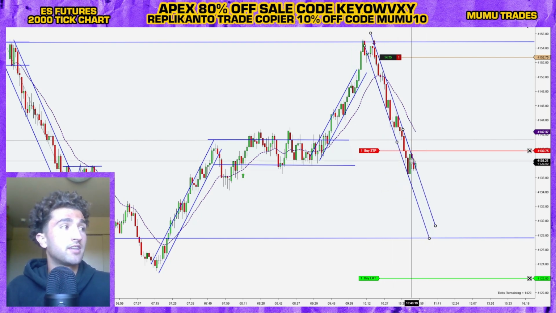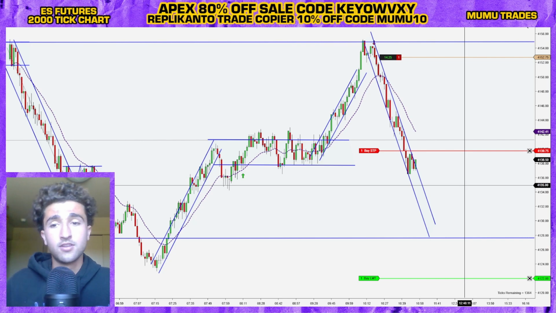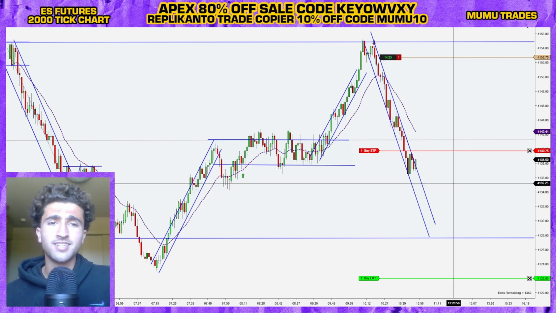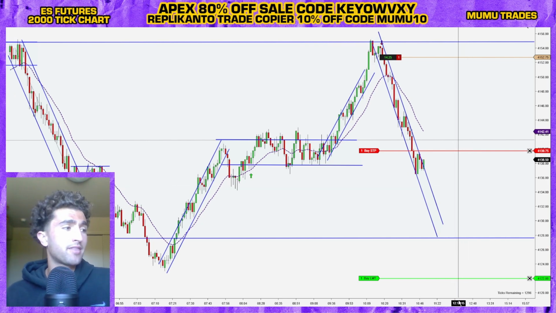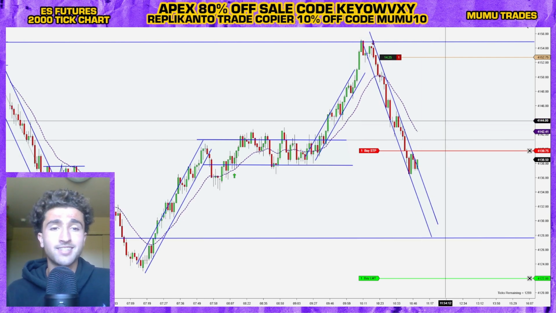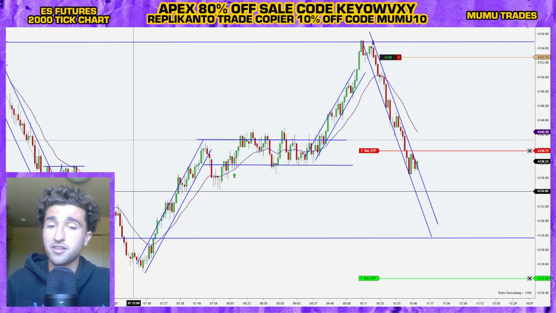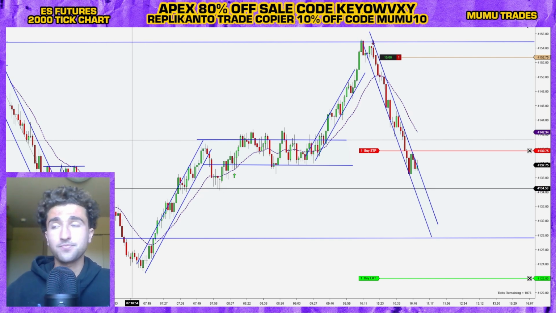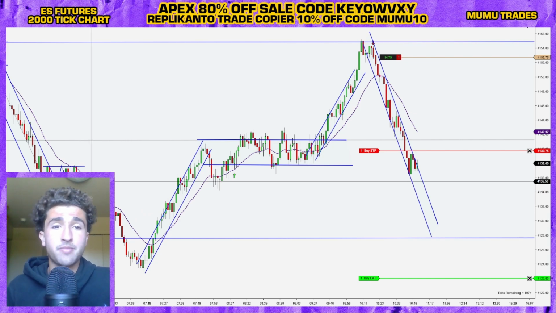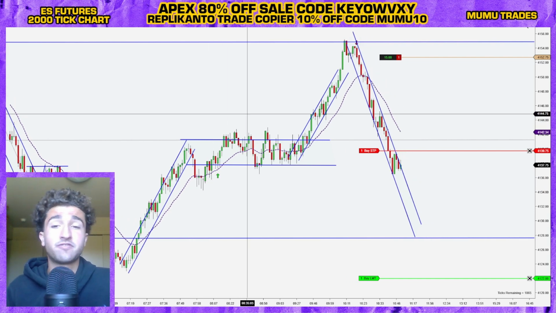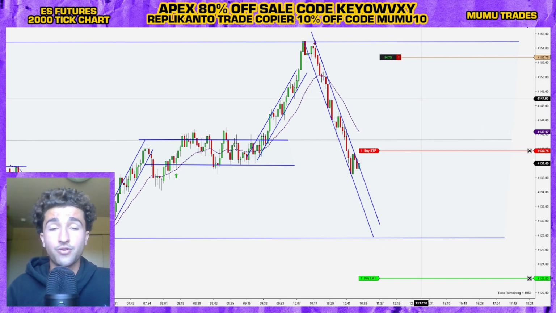13 points in the bag. Always good to see. This really changes up your math. So if we do come back, test the EMA, my runner will get taken out, but I'm happy with this profit. If we keep going lower, obviously I'll even be happier, but this is how I like to manage the trades, and it allows for those great runners.